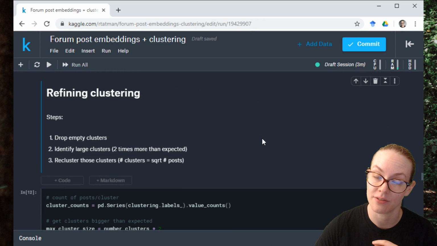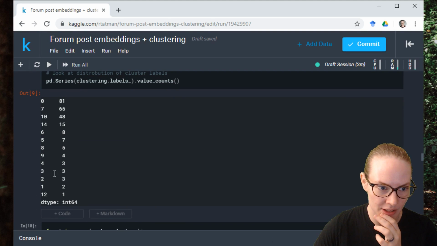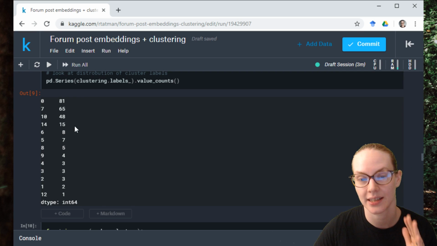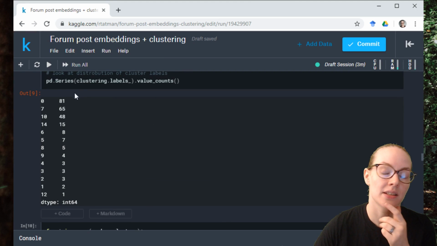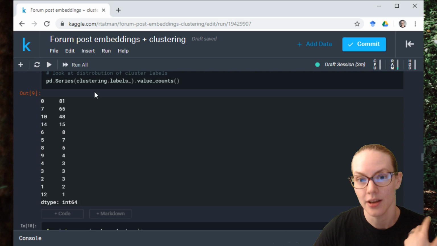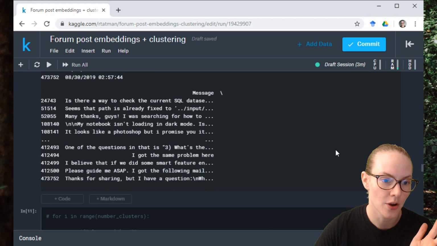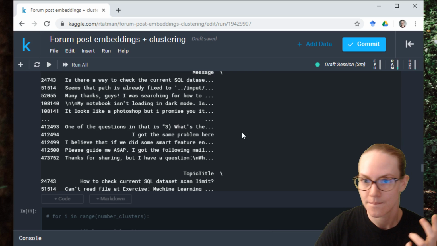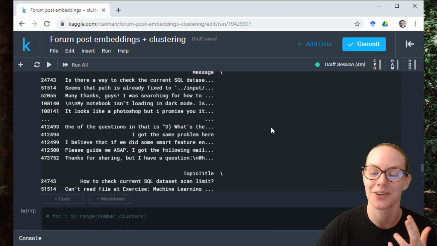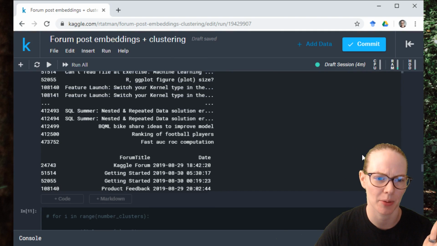So as you can see here, we have a number of clusters. Two of them are very big, and then we have sort of decreasing size as we go down. And what I found is that the biggest clusters, the clusters that are much bigger than we expect them to be, generally tend to be very diverse. So we're doing a second layer of clustering where we cluster those clusters. So we have sort of a little hierarchical structure. And right now it's just two layers. We usually have a couple hundred forum posts a day maybe. So it's not that many.